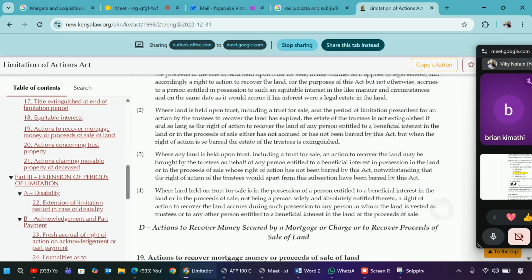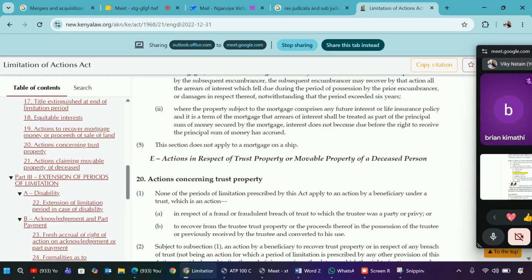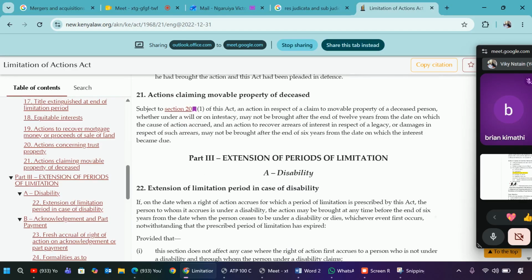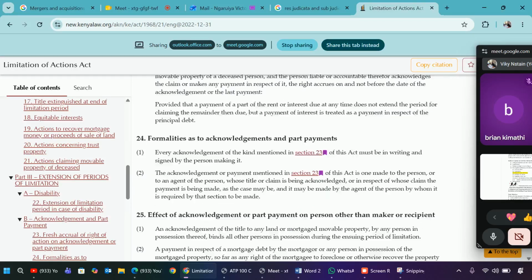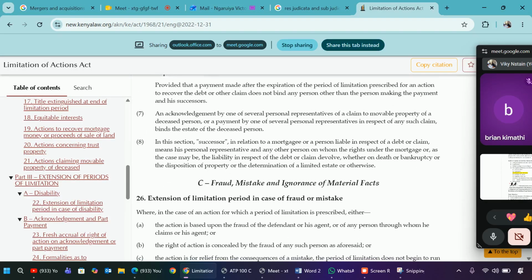Okay, what other thing should you be keen on? What other thing from this act should you